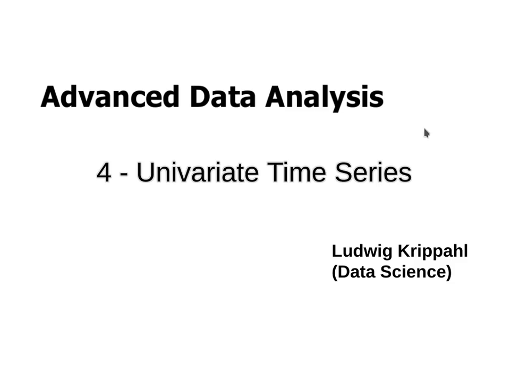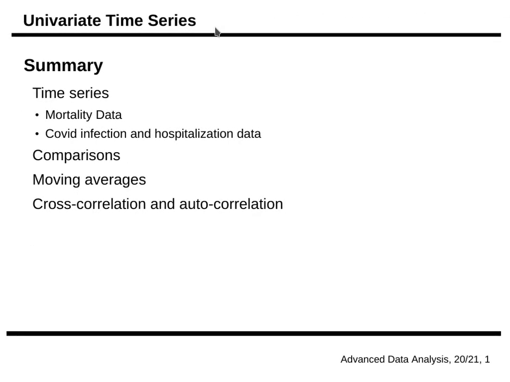In this lecture, we're going to continue looking at univariate series, but in this case, we're going to look at univariate time series. So the idea here is that we have a series of one feature, one vector of values, but there is a relation between each value and the next because they are in a given order due to the time they occurred. So we're going to look at mortality data and infection with COVID-19, infection, hospitalization, death, and